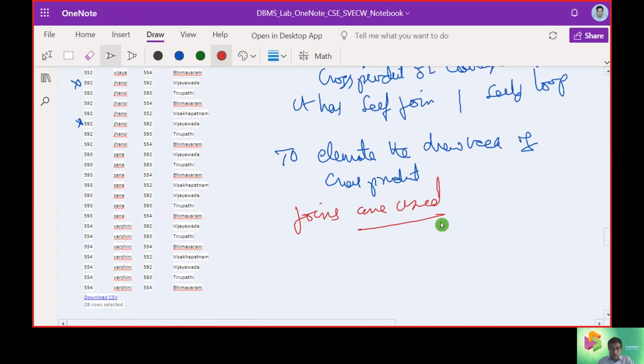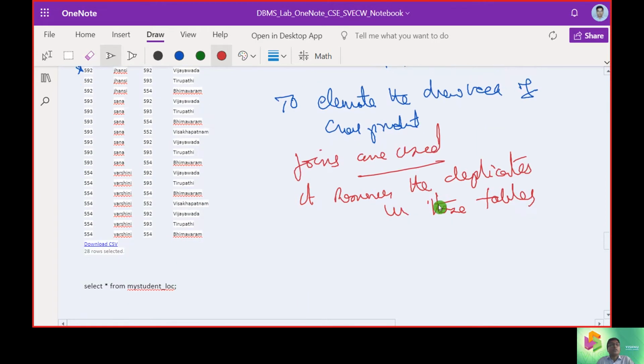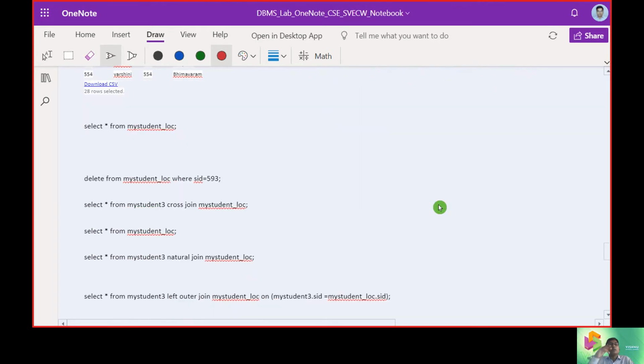What it does is it removes the duplicates in these tables. So that was the key takeaway of why we are using the join operation.